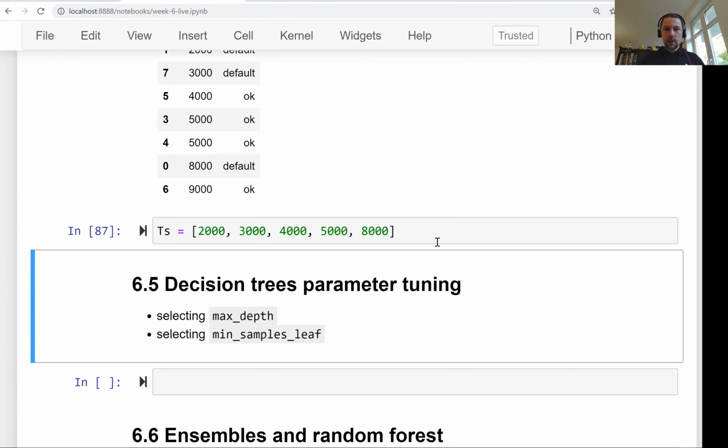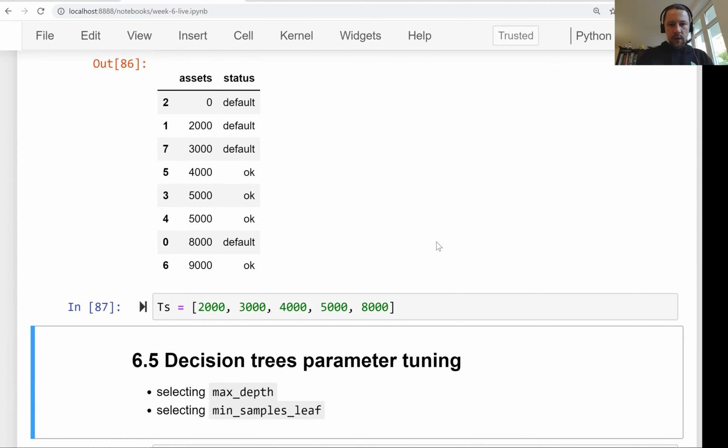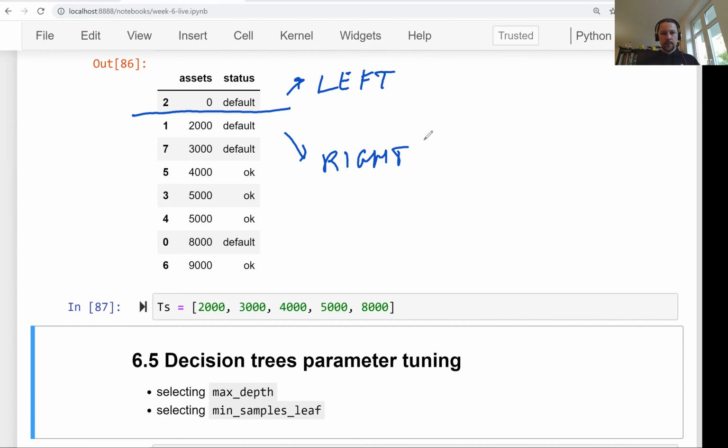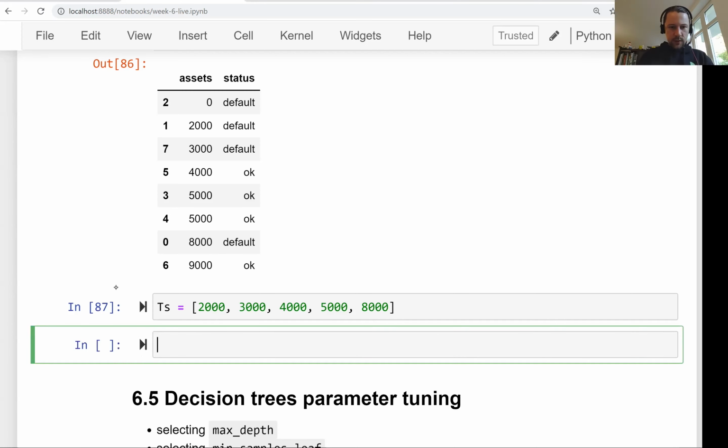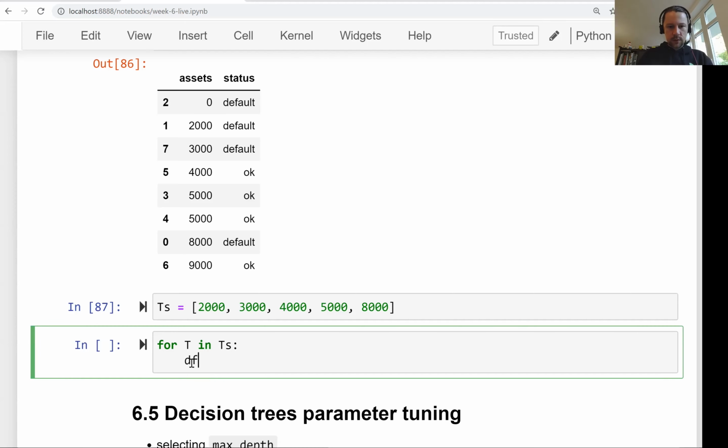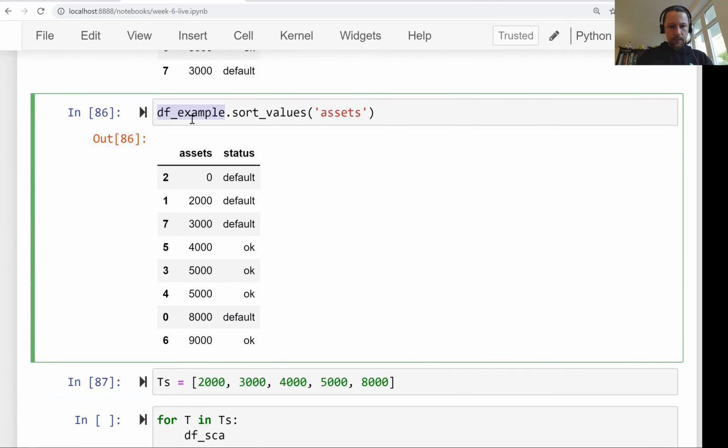And what we want to do now is cut. For each of these t's, we want to cut our data set into left and right, and see which one is the best one. We can put it here, then here, here, here, here, and this way we can just slide it down and see which split is the best one. So let's do that. For t in t's, we'll now take our example,